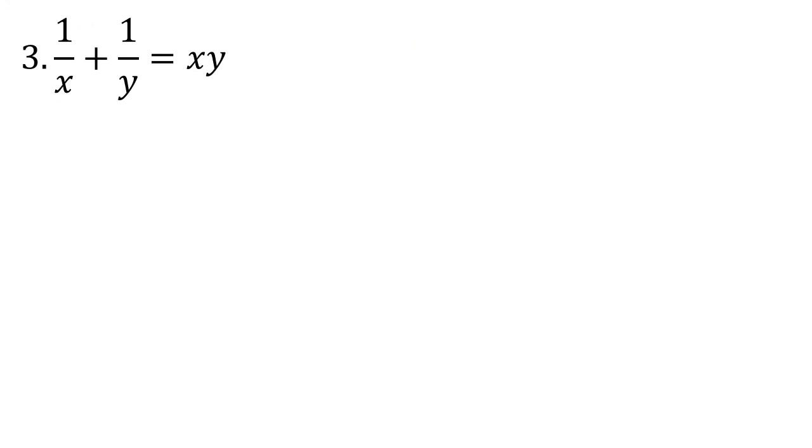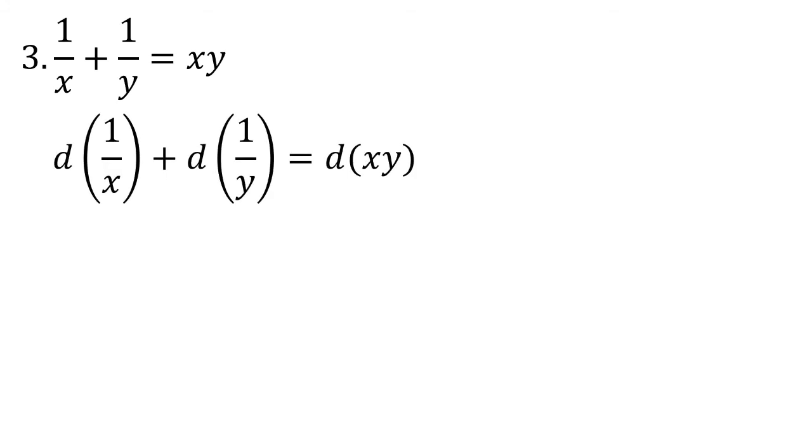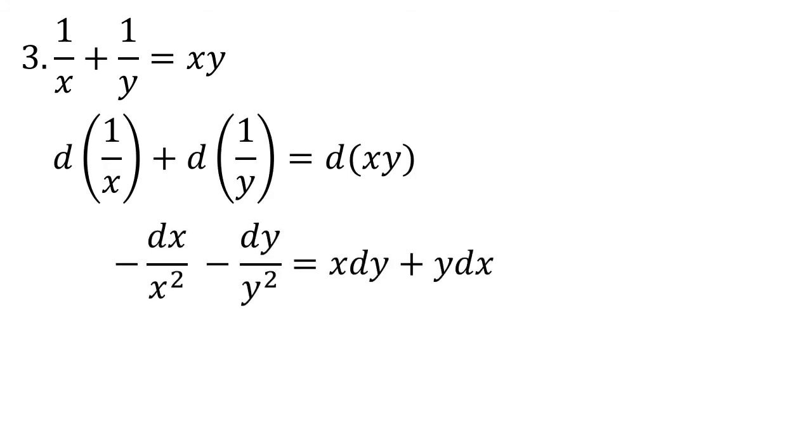Here's the solution for number 3. 1 over x plus 1 over y equals xy. Get the derivative of each term. So we're going to have negative dx over x squared minus dy over y squared equals x dy plus y dx. As you can see, in 1 over x and 1 over y, the concept of derivative of a reciprocal was applied. In the right side of the equation, obviously, product rule was applied. Okay? And then